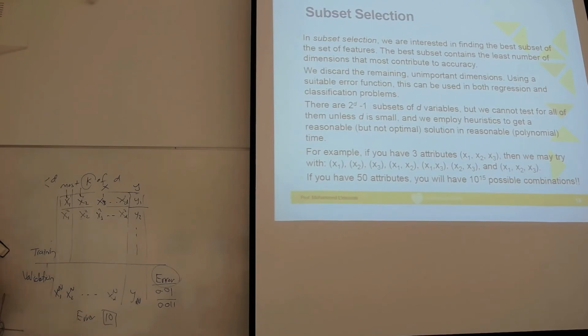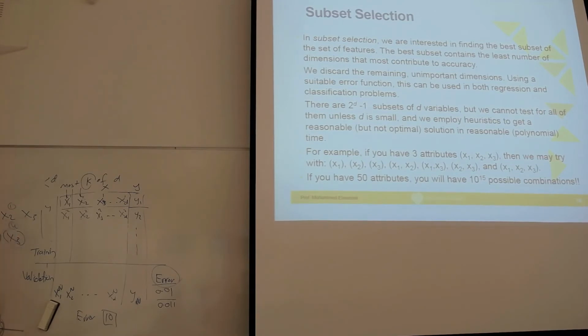For example, let's say you have 3 features, x1, x2, x3. You made the learning, because we have the output. We made the learning, then we remove x1 alone. We repeat the learning, we check. Then we remove x2 alone. We can bring back x1, and then we remove x2 alone. Then we repeat with x3 alone. Now it means that we have the first learning process, the second, the third, the fourth.